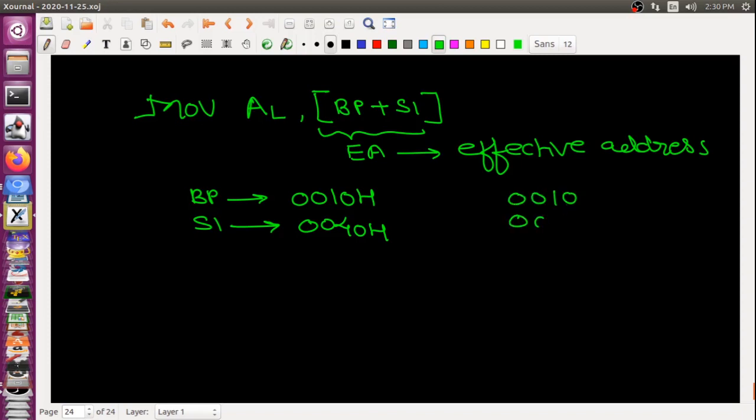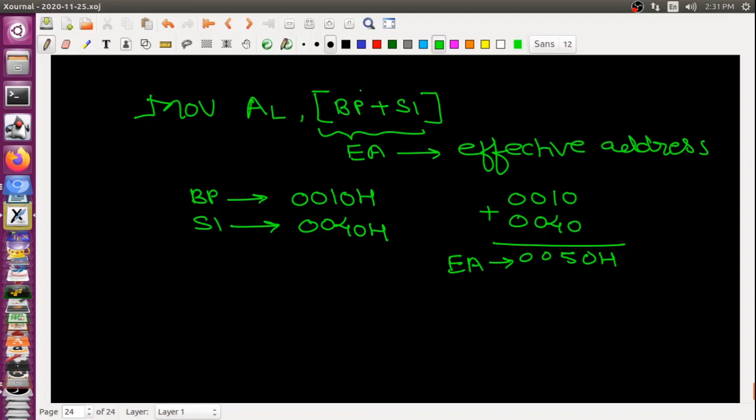Please remember, whenever we calculate the effective address, you need not do shifting or multiply by 10. That is normally done with the physical address. So it will become 0050H. This is my effective address, EA. Now the important thing is that here I am using BP.